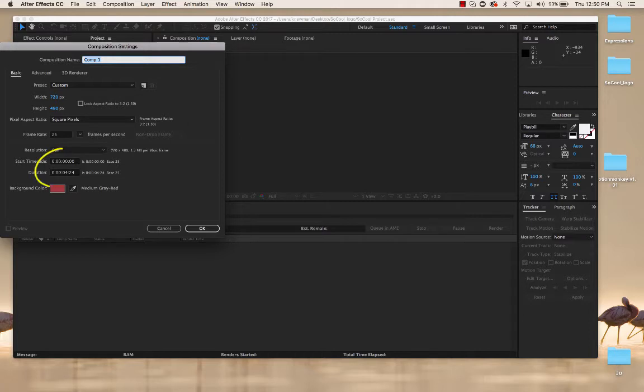I'm only going to go for 5 seconds here. That's about the right amount of time for this exercise, and my comp will be called So Cool. I'm going to set it at a size of 720 by 480, just because that will not take as long to render when I finally want to render it. Background color can be anything,